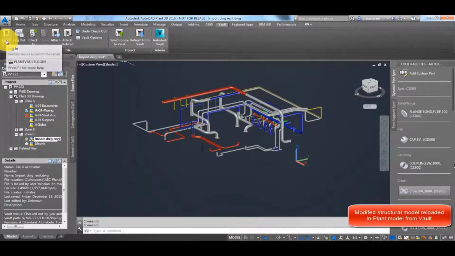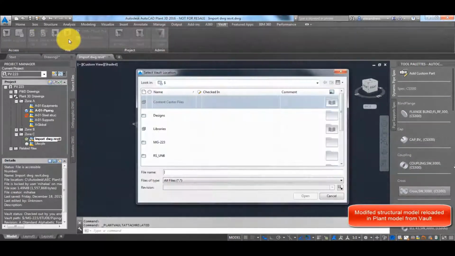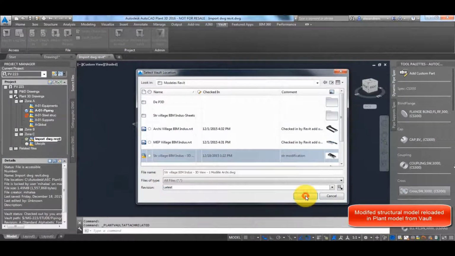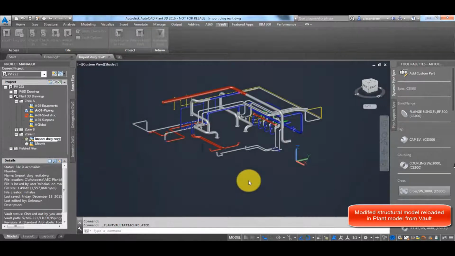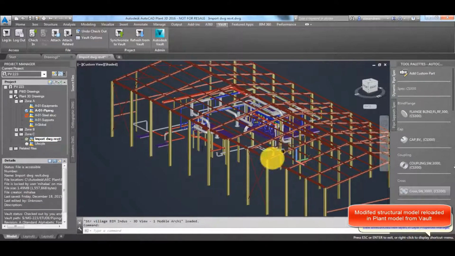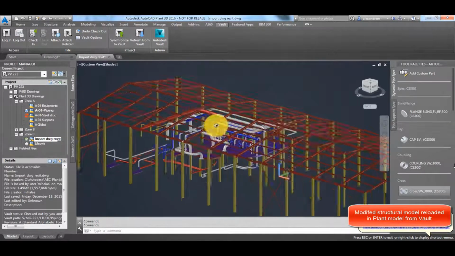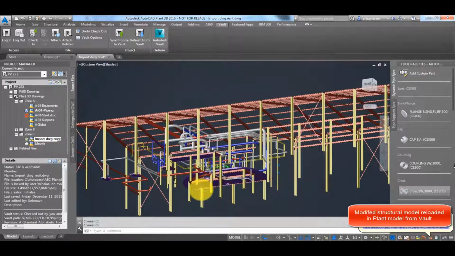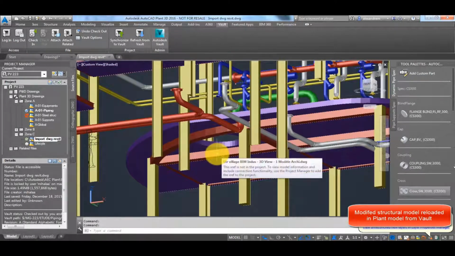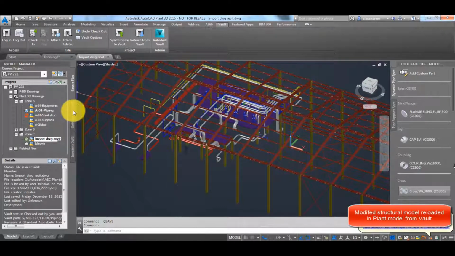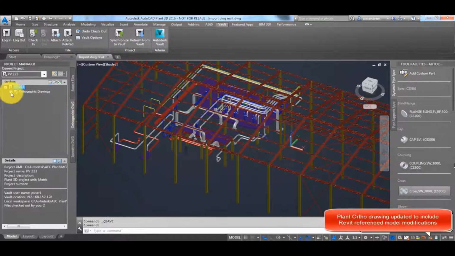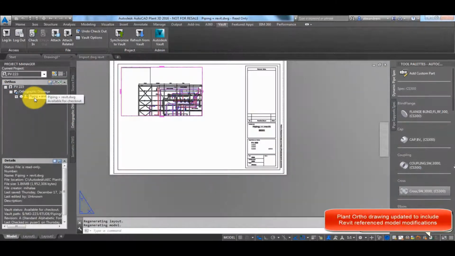Let's go to Plant 3D now. We can easily reload the Revit model in Plant 3D. So the Revit model is an exported DWG file containing the latest beam sections updates. And we can then include those changes